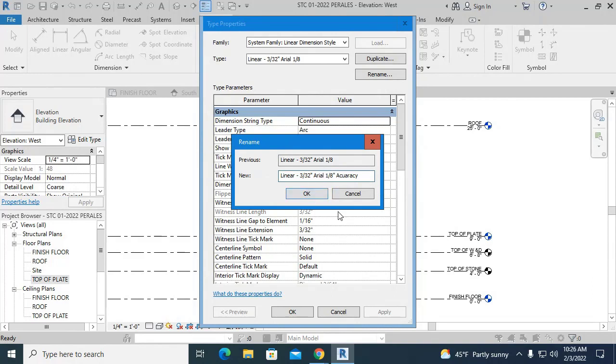Okay, and I'm going to do one even better. There. Oh, wrong way. All right. Now, this is what we call naming convention: how you name things within Revit. You always want to name it as best and as detailed as possible. Meaning, don't ever just say linear aerial and that's it. Is it 30 seconds, 3/16? How you name it is going to be very important, especially a little bit later when